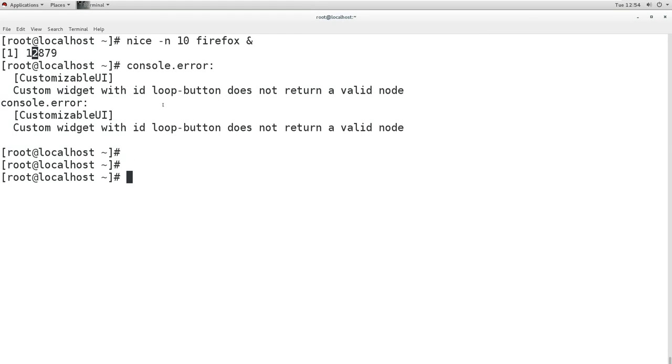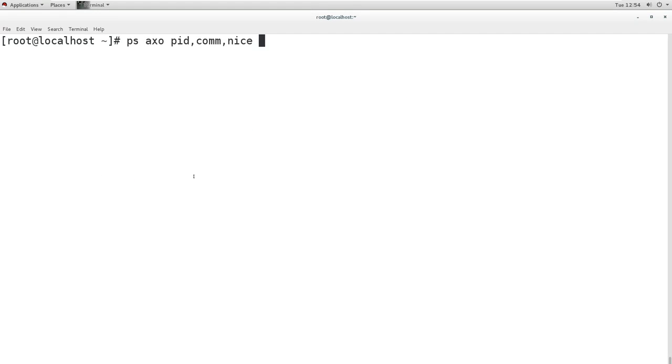So we can see the process ID also, of the process which I ran, Firefox. Now I will check the process nice value by using the ps command. This time I don't want to see the whole process list, so I will grep Firefox, which I executed.